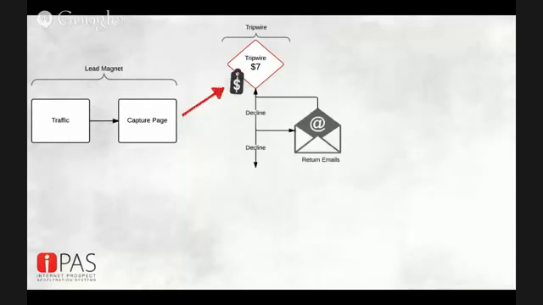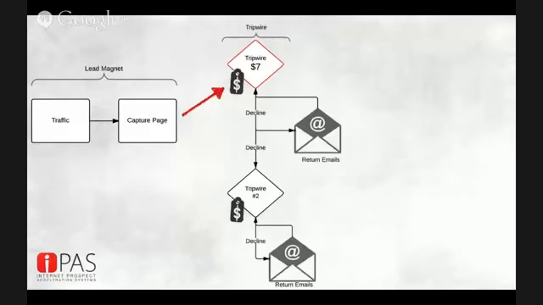Okay, if they don't buy that, what happens is a series of return emails sends them back to that tripwire for about a week, and it just keeps dripping and keeps dripping on them. In fact, I think it's 8 emails total. So we know the exposures are 7, we do 8. If they don't buy it at that point, we introduce them to another tripwire that has a little bit different angle, same value proposition, and it gives them an opportunity to see something in a different angle that might appeal to them for the same price, same $7 price.